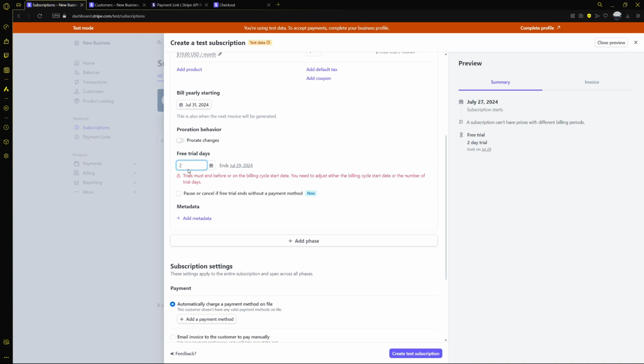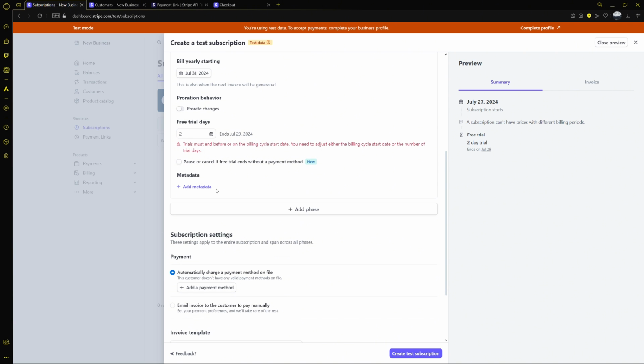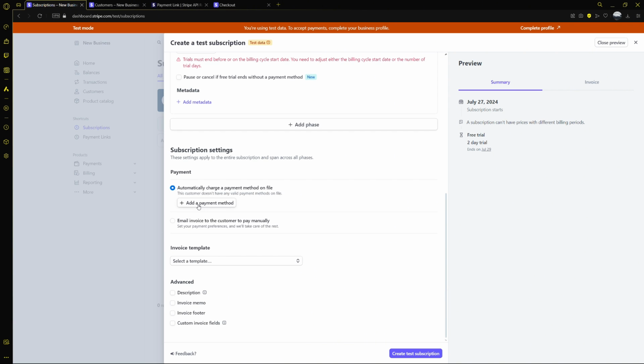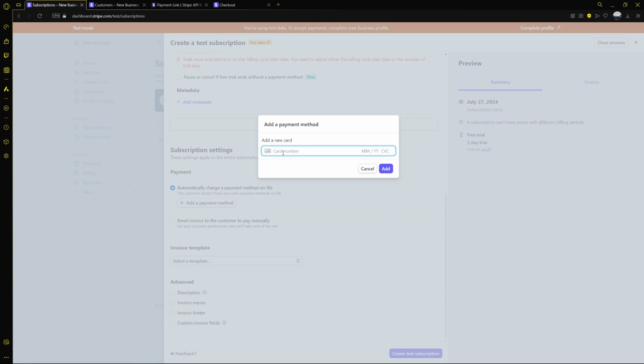If you select a customer that has a saved card on their profile, this radio button will auto-select to use the credit card already on file. If the customer does not have a card on file, you can use the Add Payment Method button to enter